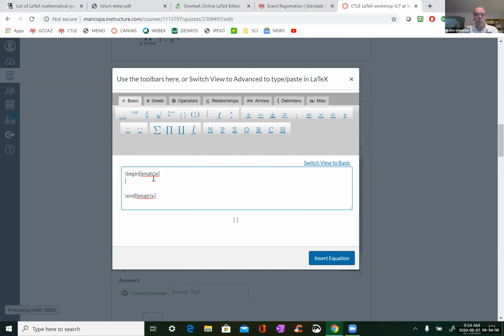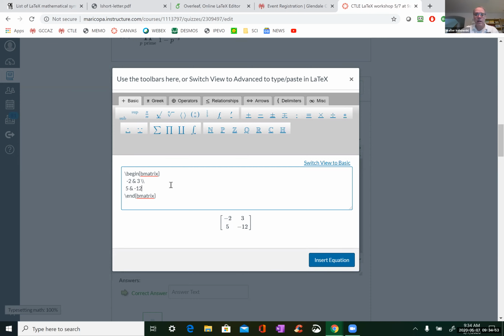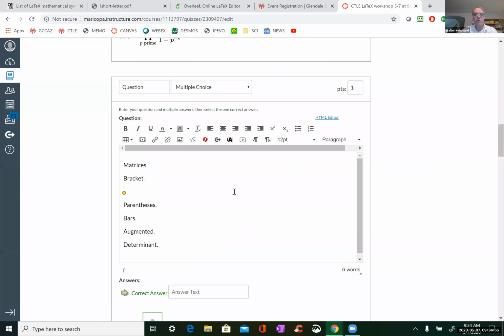And now if you want, say, -2, you separate with ampersand, and then you start a new row, and then you go to 5, say, -12, and there you go. And the default is centered in these kinds of matrices. In these environments, the default is centered, okay?